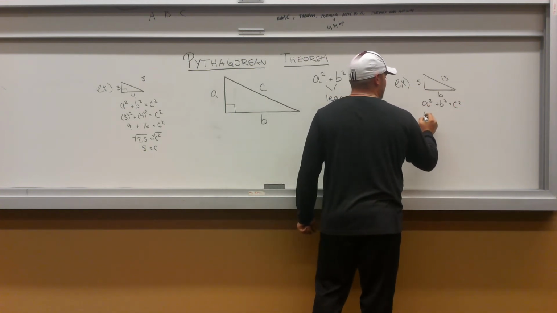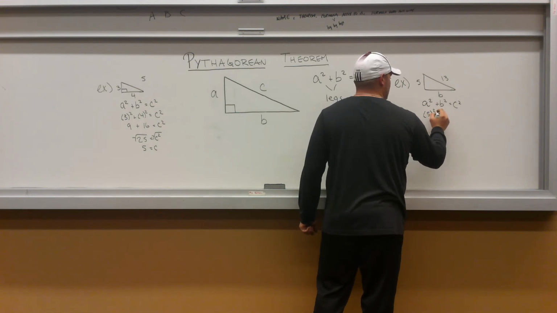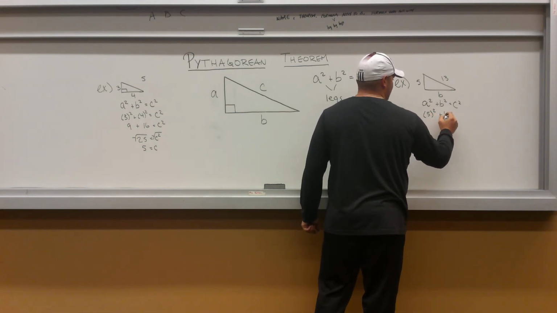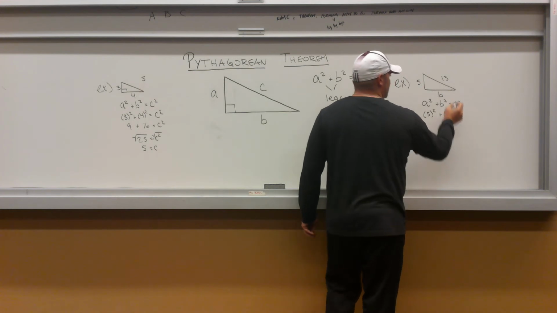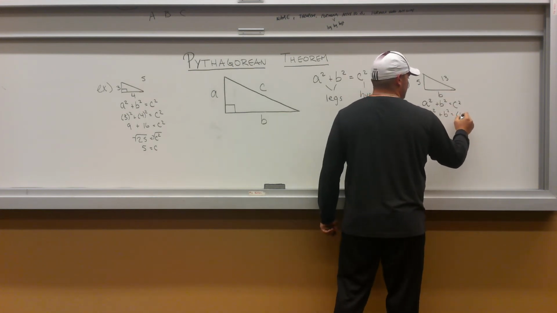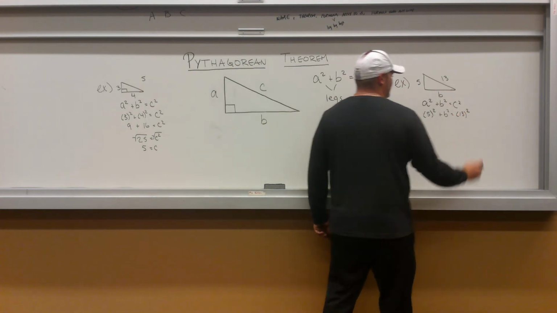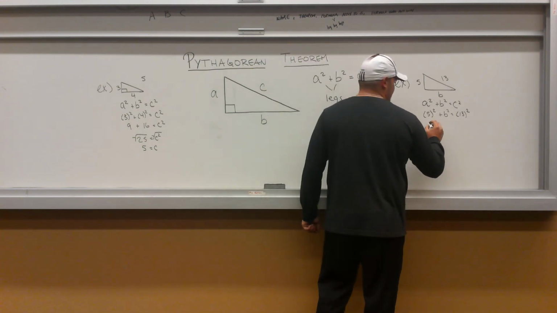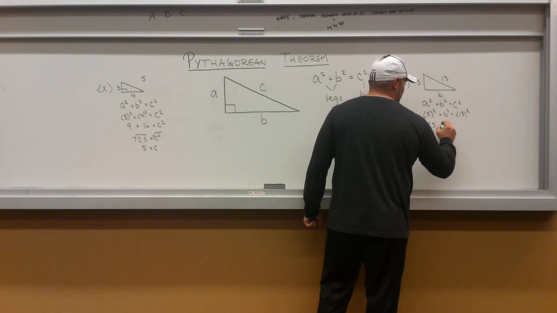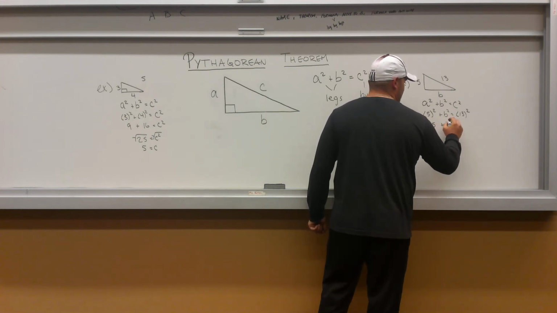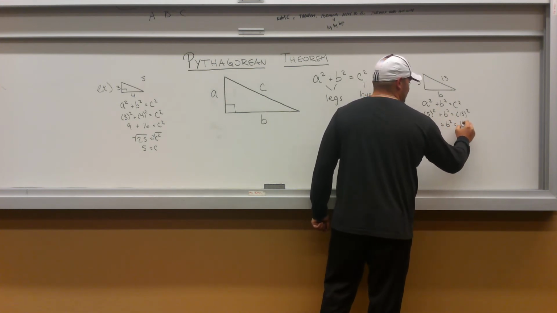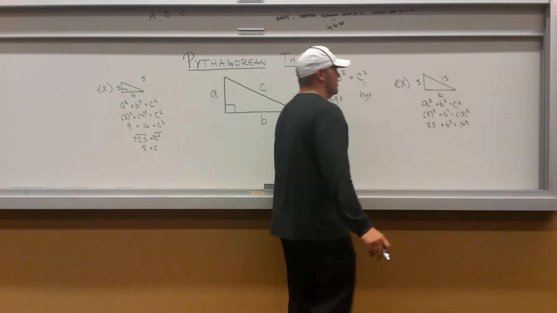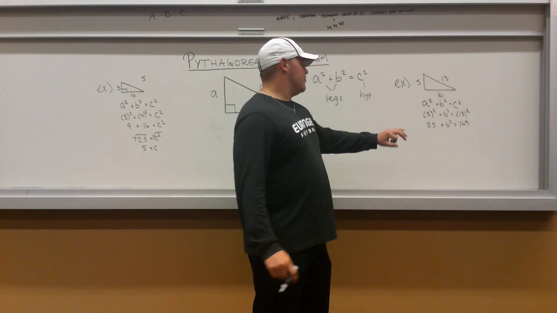A is 5, you have 5 squared. You do not know what b is, so you leave it as b squared. And your c is 13, so it would be 13 squared. Apply the squares to your numbers. 5 squared is 25. Still do not know b squared. 13 squared is 169. In order to figure out what b is, first we have to get all the numbers